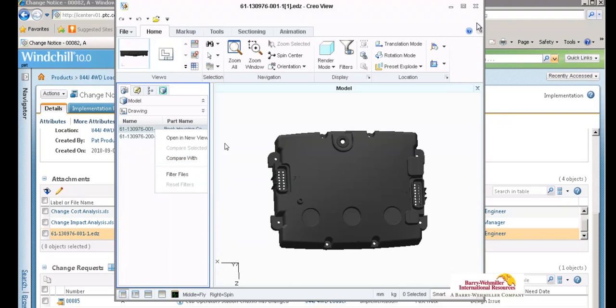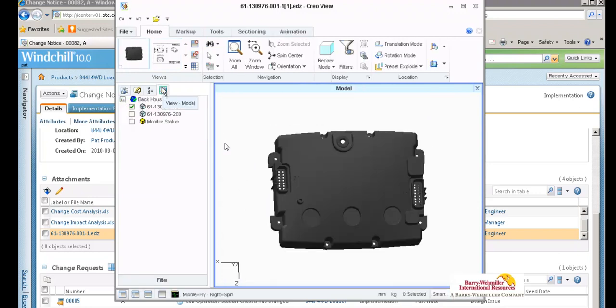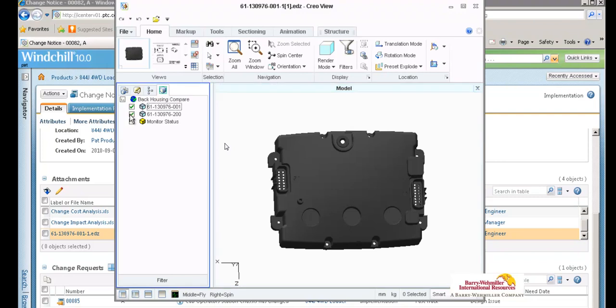So let's open the first drawing, and once we start comparing both the drawings, you could see that the red color indicates the changes in the first drawing, and the green color indicates the changes in the second drawing. So it clearly helps us to understand that one of the mounting boards is removed and there are a couple of mounting boards added. So this is basically a comparison report that CreoView helps us to get,